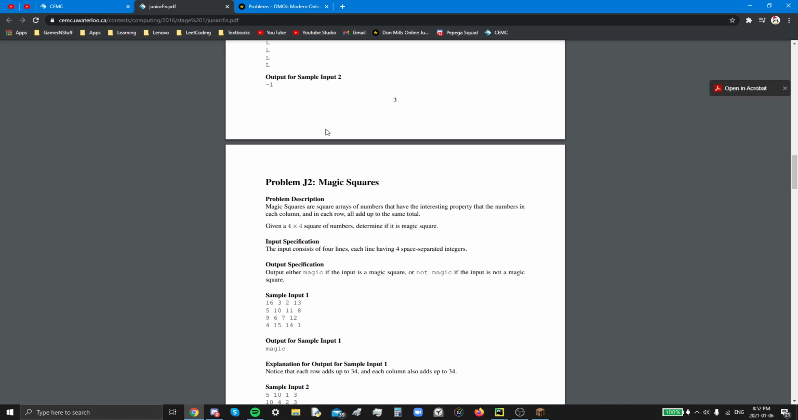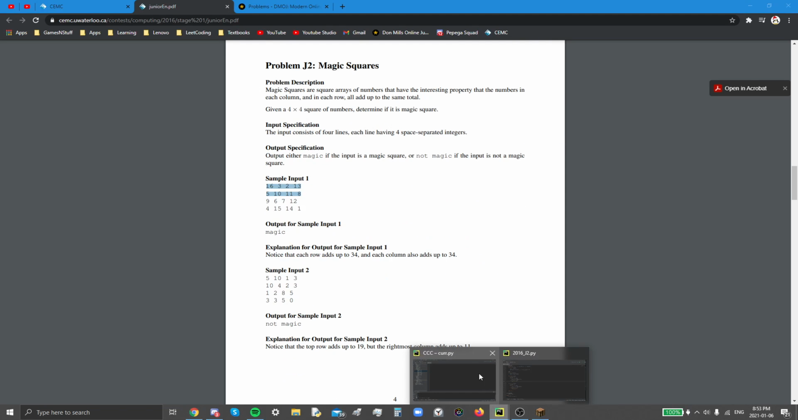Magic squares are square arrays of numbers that have the interesting property that the numbers in each column and each row all add up to the same total. Given a 4x4 square of numbers, determine if it is magic. The input is a 4x4 square, like here, and I have to output if it's magic or not magic. So if we go into our PyCharm here,